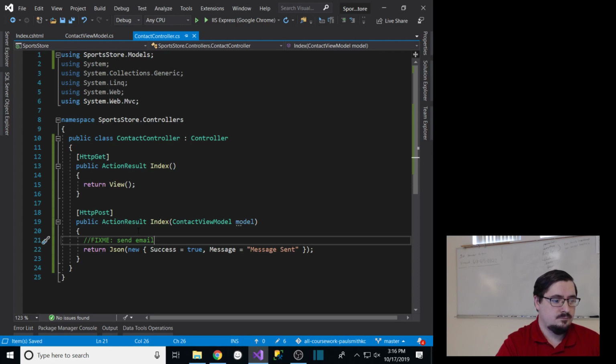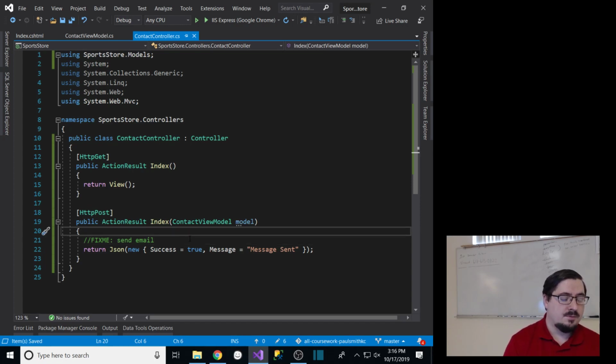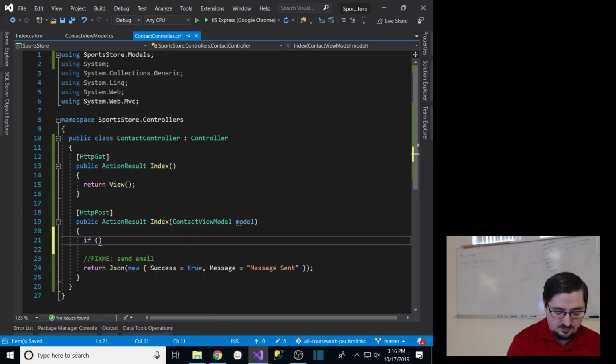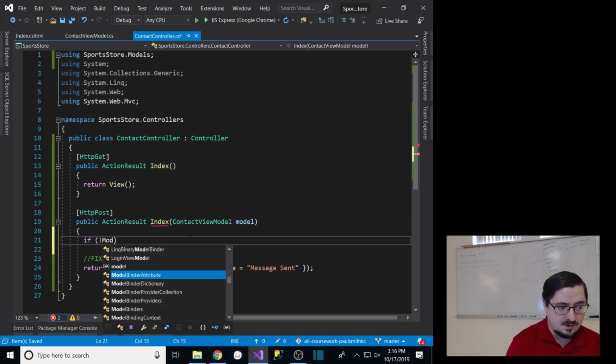I might want to do something in here though to say, what if they didn't fill in the full name? What if they didn't fill in the email? What if they didn't fill in the message? I might want to give some output back to the user in that case. So I might say if the model state's not valid,